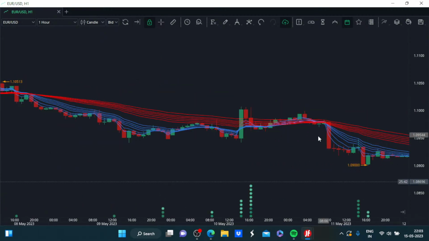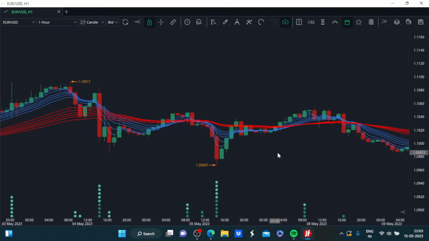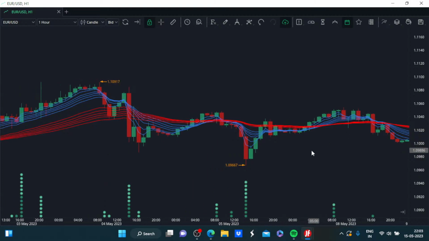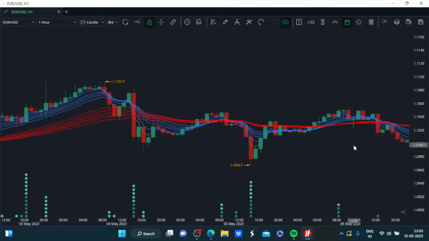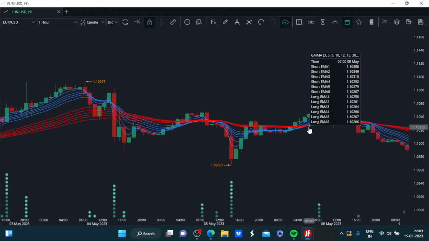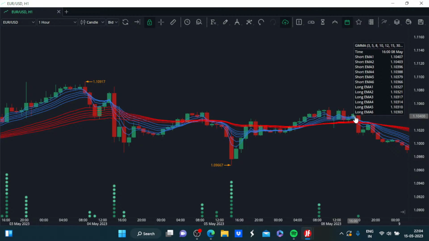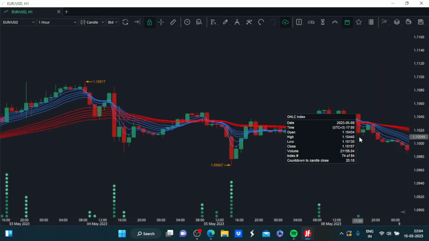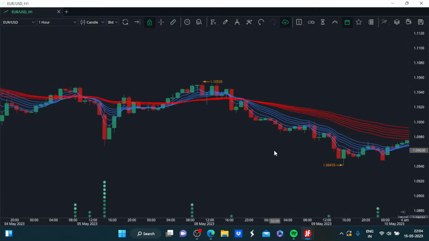But if we go back in time, here we will also see the scenarios where the long length EMA was on the lower side and the short length EMAs were on the higher side. So that represents the bullishness. And here also, first the momentum was strongly bullish, but as things went sideways, the convergence happened, and then the change of scenario, change of momentum materialized with bearishness creeping in for these Euro